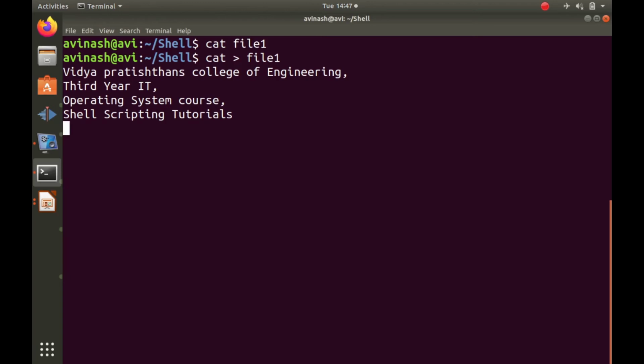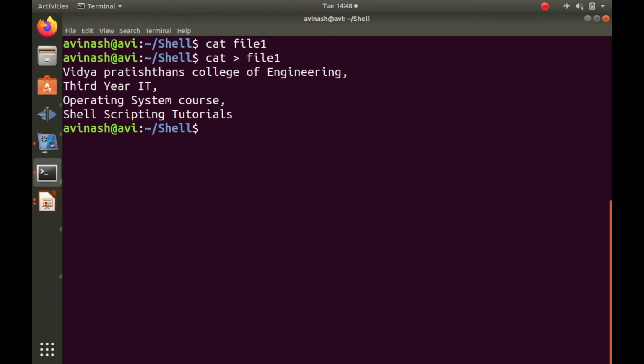Now next, press Ctrl plus D to escape from the typing mode, and it will switch to the command mode. Okay, so Ctrl plus D is used to escape from the cat command mode to the terminal mode. So always use this combination of keys to escape. If you press Ctrl plus Z, then also it will escape, but it will not save the contents of the file. So always press Ctrl D if you want to save the contents of the file. Ctrl plus Z will not save the contents of the file.